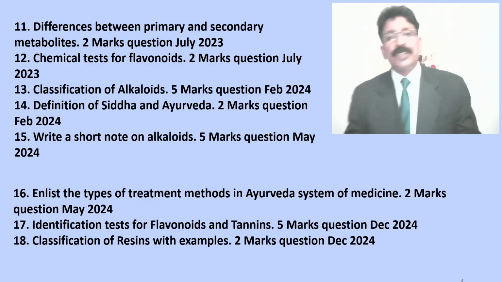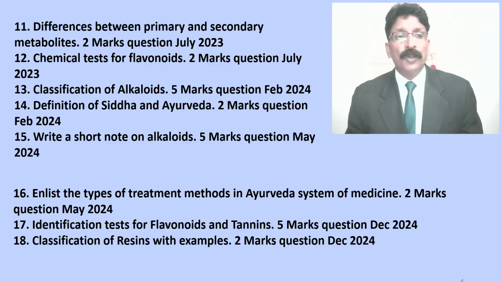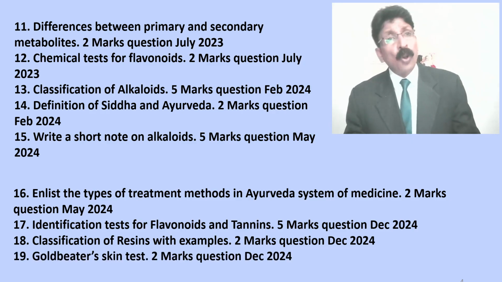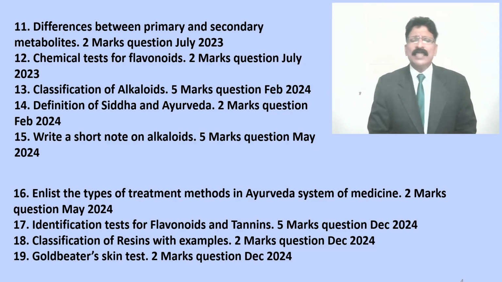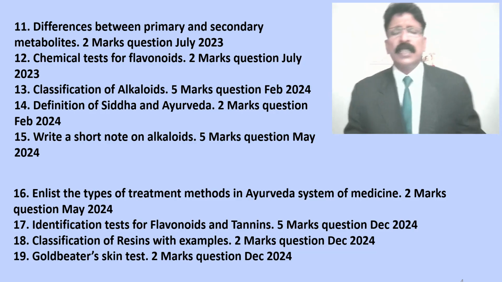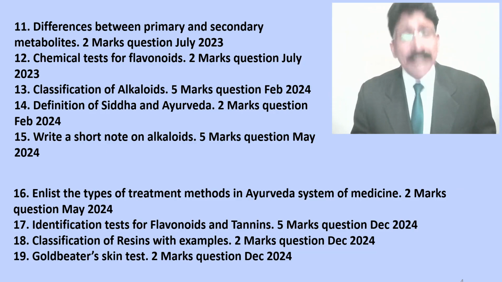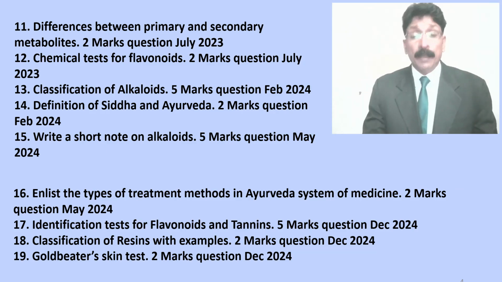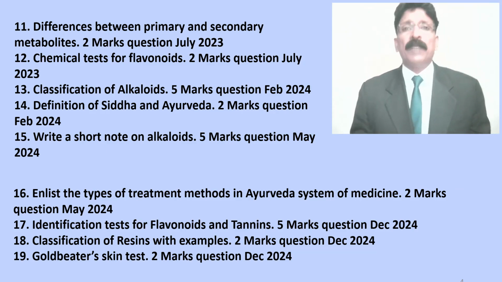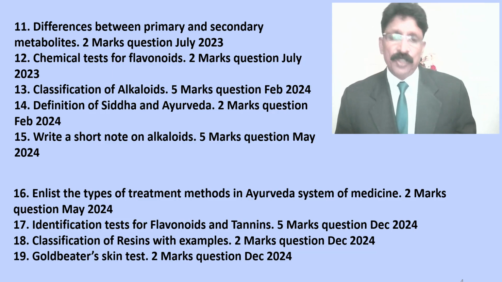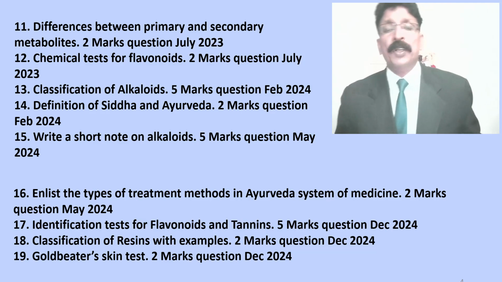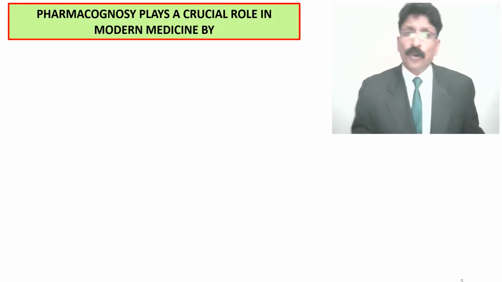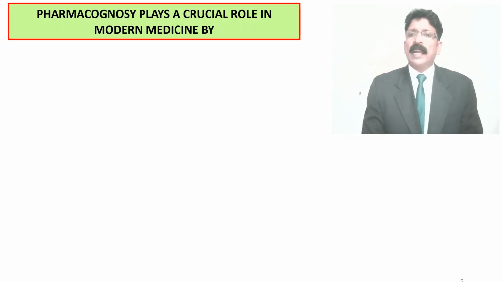2-mark question, December 2024: gold beater's skin test. It is a tannin test, a very important, specific, confirmatory test. So the student needs to know the chemical tests for secondary metabolites according to the syllabus. In December 2024, they asked a 2-mark question, gold beater's skin test for tannins. So the student should know how the question papers are asked, and then